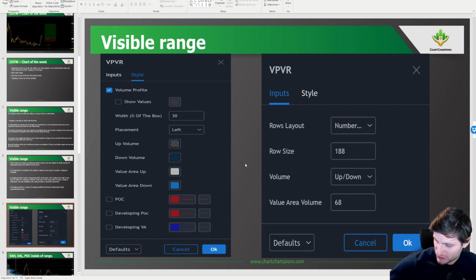So my settings on the volume profile are this. You can pause the screen and make notes at the end of this stream. These are the ones that I use every time I'm using this on TradingView. I guess if you're using other platforms,